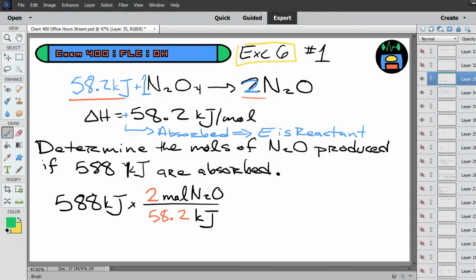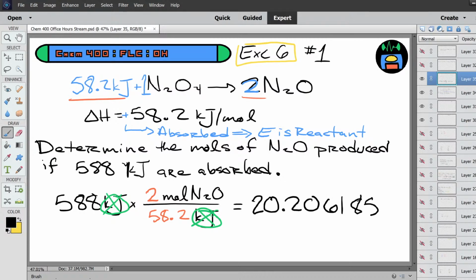So kilojoules cancel kilojoules. We're left with moles, which is great because that's what we are after. And so now we crunch our numbers. 588 times 2 divided by 58.2 is